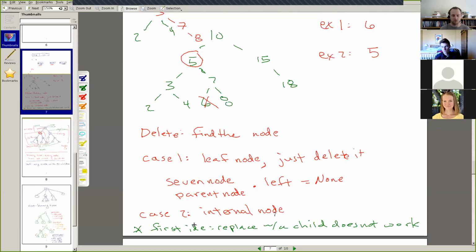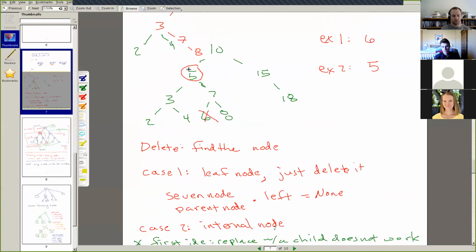And so this is a very common mistake. So I'm highlighting it right now as an emphasis of this is incorrect. Do not try to replace the child. When you delete something from the middle, do not try to replace it with a child.